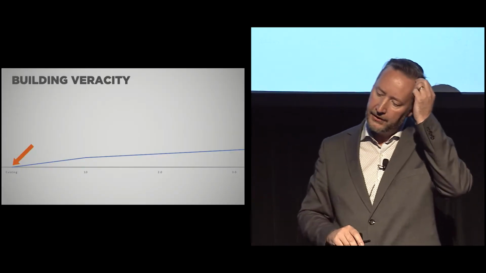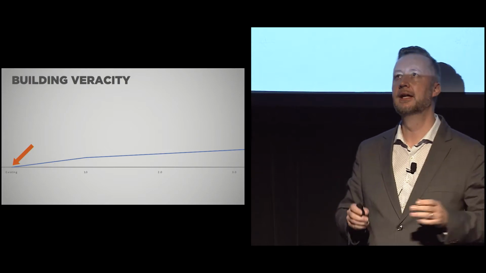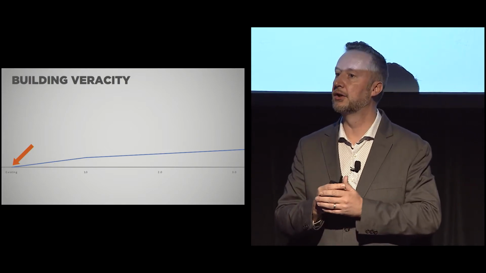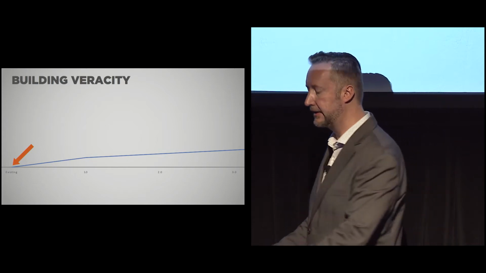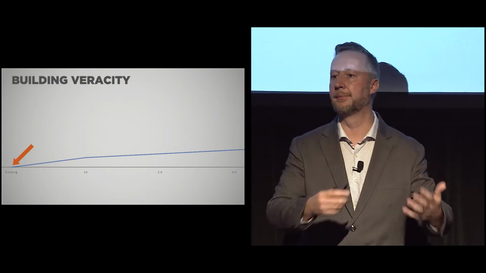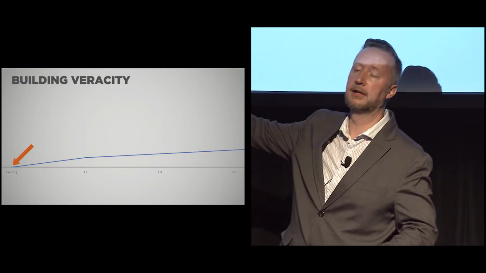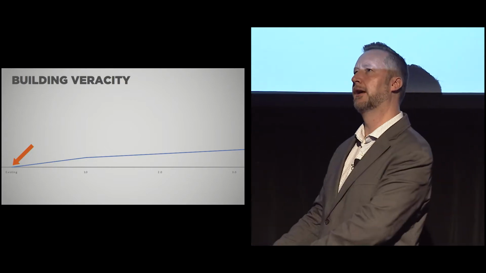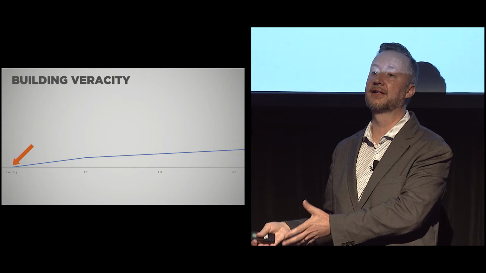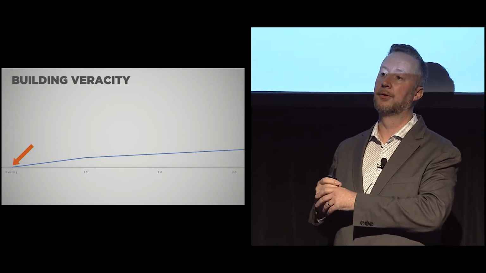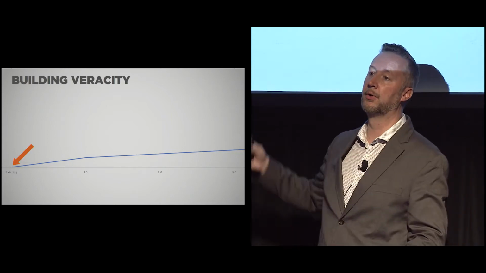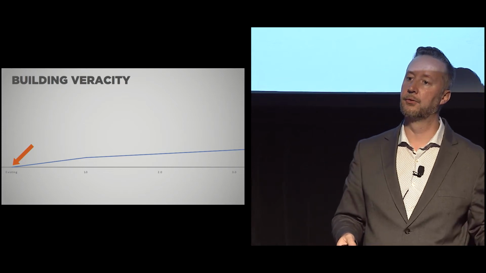So to explain a little further, in building veracity, now regular new product development, right? If I'm making a thing, if I'm making electronics, a phone or a chair or something, we're right now where that arrow is. We have this object, let's say a vacuum cleaner, and we want to create this next version. We'll call it the 1.0, and it's going to be better than the one before.